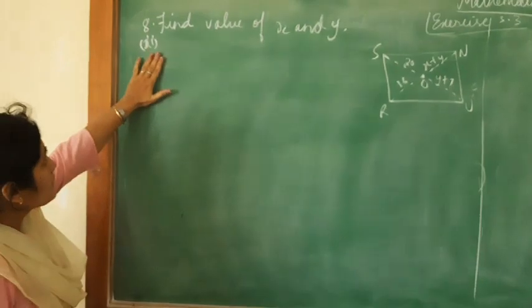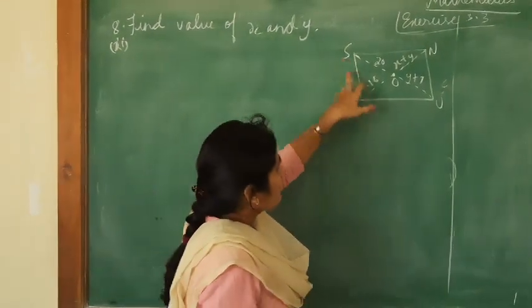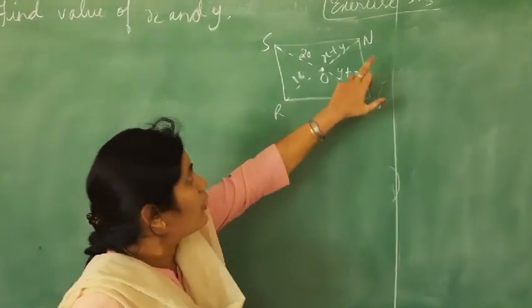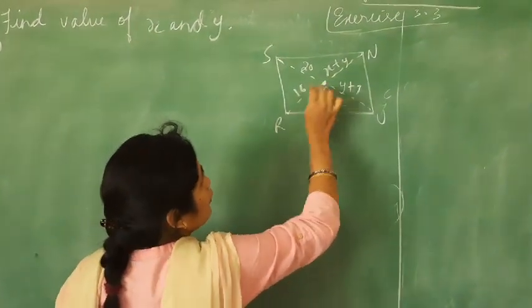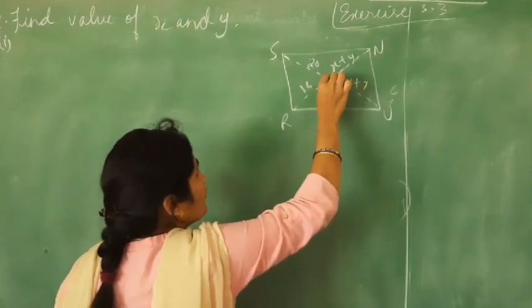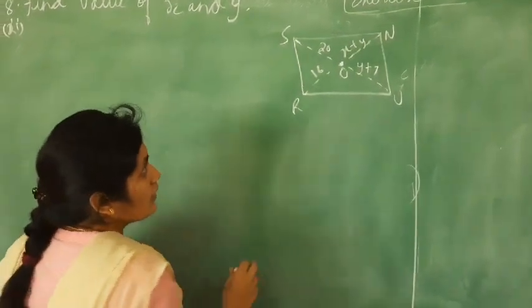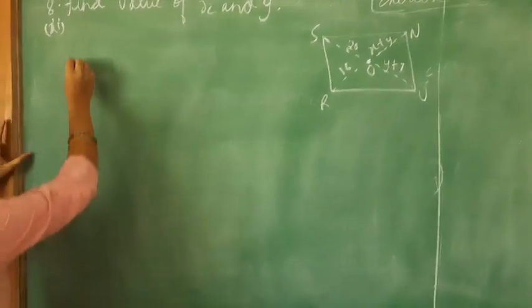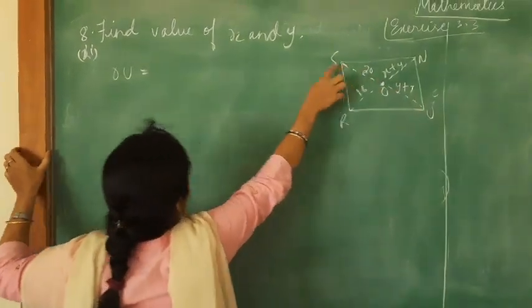Now it is the same problem. The second one, find the value of x and y. Here a parallelogram is given. In this we have two diagonals, SU and RN, and O is the point where it divides the diagonal into two equal halves. So here we can write that OU is equal to OS